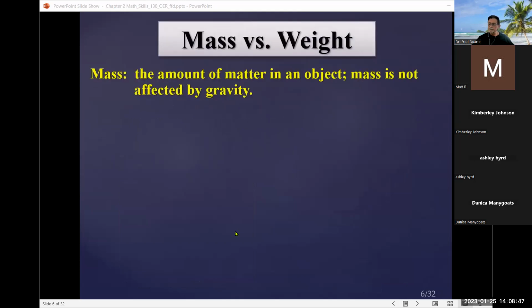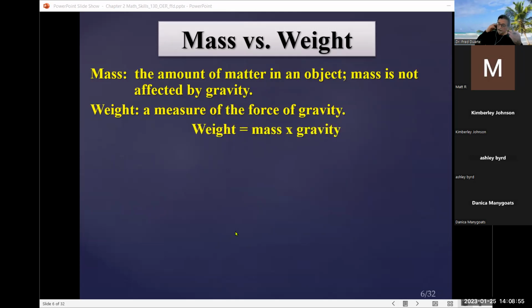All right. Mass versus weight, there is a difference, okay, because weight is a measure of the force of gravity, and is denoted by the following relationship where weight is equal to your mass times gravity. Here on Earth, gravity is a constant number, I believe it's 9.8 meters per second squared, okay, and we take,